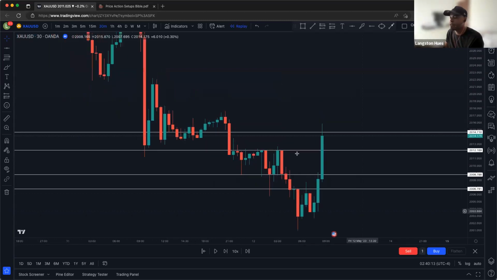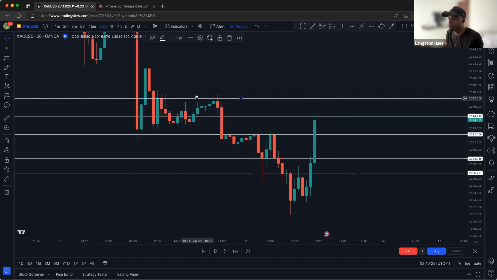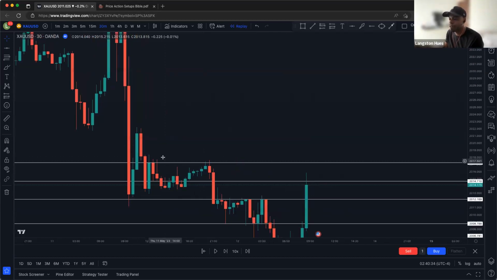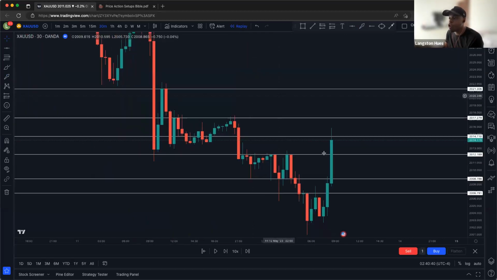Cool. All right, so let's move forward. How many ranges do we have here that we plotted? We got 1 here, we got 2 here, we got 3 here. There's 3. And if you plot this one, looking at where the clean traffic is, there's 4. And if price breaks above here, you got another range right here. We got another range right here. That's 5.